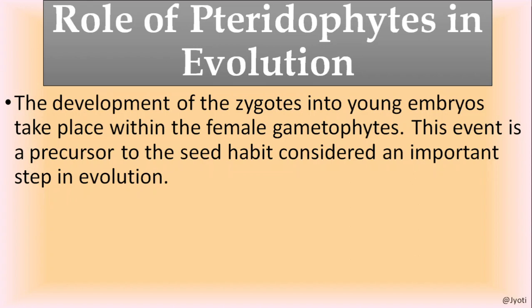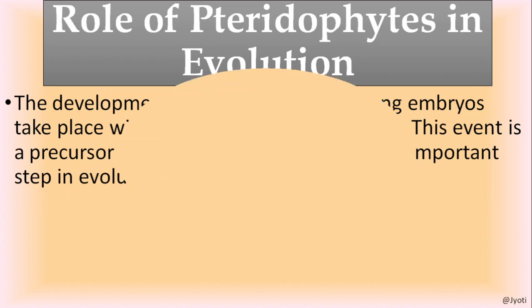After this, you will study gymnosperms and angiosperms, in which seed development takes place. So here the development of zygote inside the female gametophyte, that is archegonia, is a feature that shows that in due course of evolution the seed will be developed. Okay,